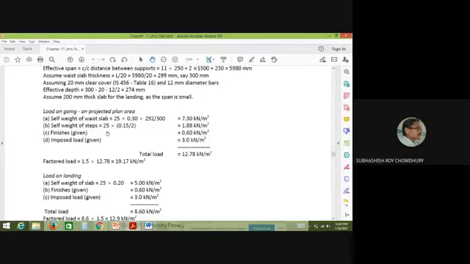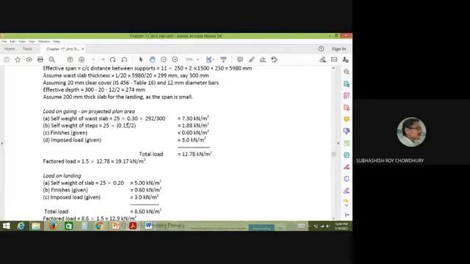Now the self-weight of steps. The self-weight of steps can be calculated very easily. It is the unit weight of the concrete, you know. In that case, we have assumed basically that the steps are made of plain concrete, so you may consider 24 also. You know the weight of plain concrete is 24, for reinforced concrete it is 25. So for simplicity, you may consider the same unit weight. There will not be any problem, you are considering the higher value. But you should know that if it is brick masonry, then you should consider 19.2 or 20 instead of 25. If it is plain concrete, you may consider 24 instead of 25.